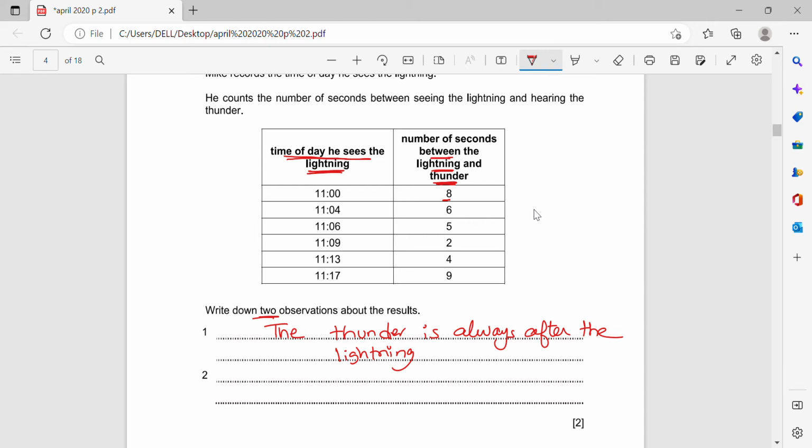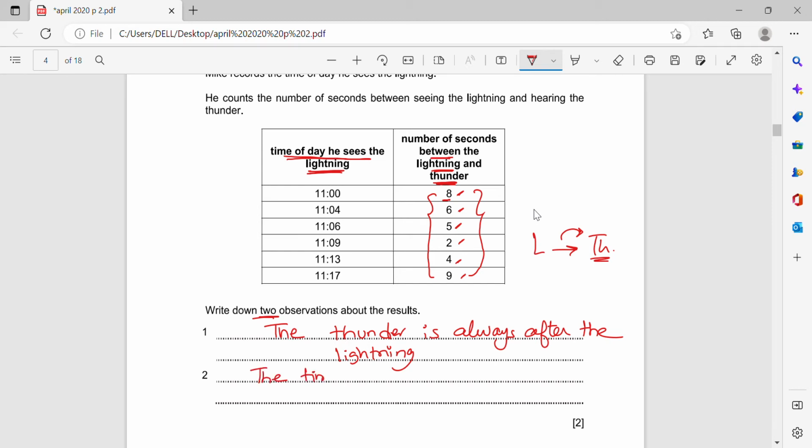So first the lightning, then the thunder happens. What's the second observation? Like here, the difference between the lightning and the thunder, I have here 8 seconds, here 6 seconds, 5, here 2, here 4, and here 9. So is the time constant? No, the time varies. So the second observation, it could be the